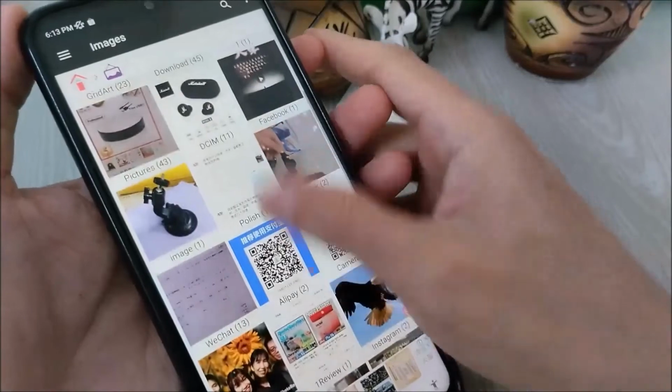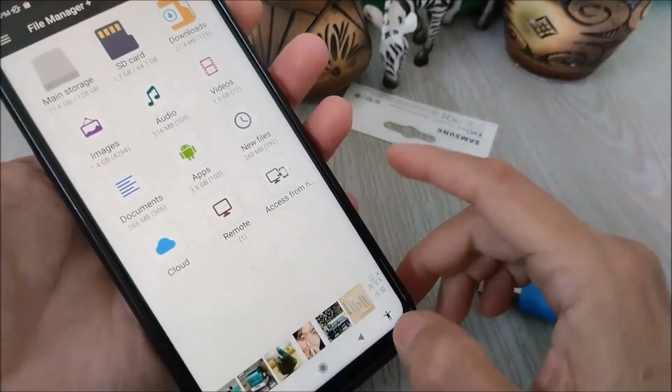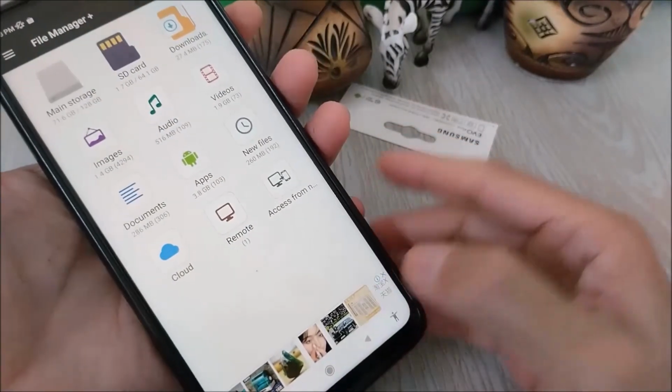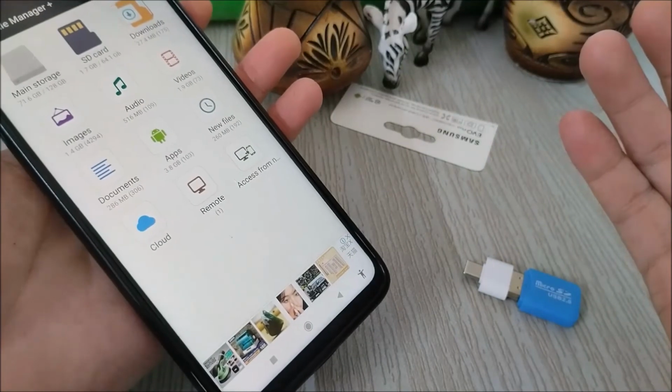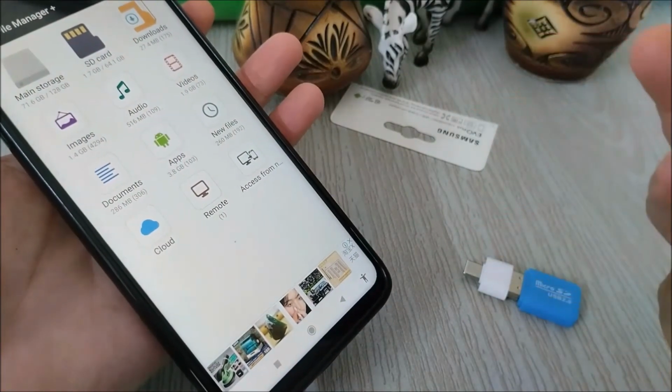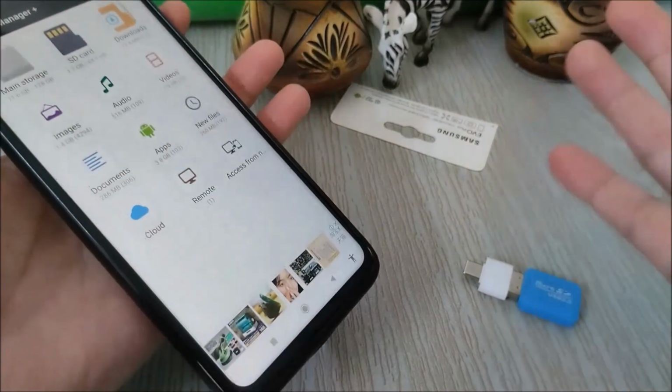Okay, is it that simple? Just transfer using OTG and a micro SD card, transfer all the files into this 64 GB and swap only. That is